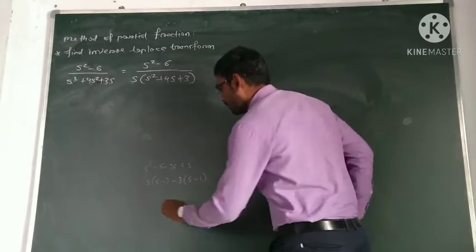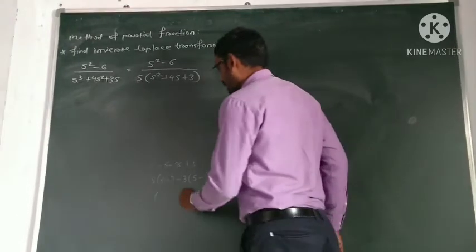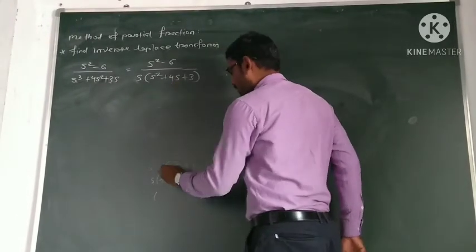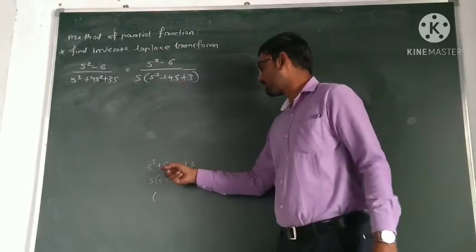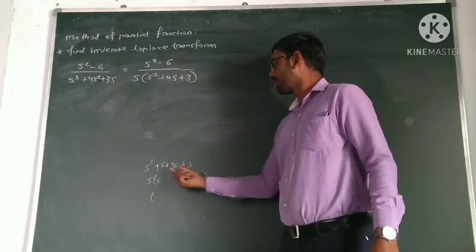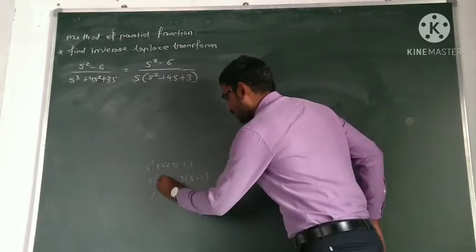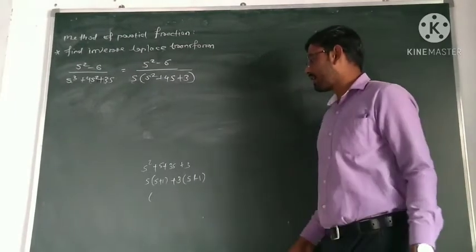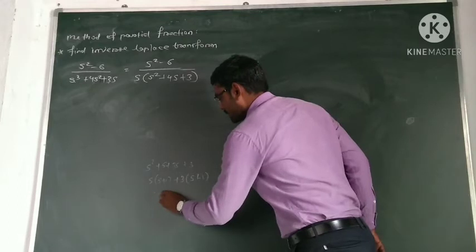Okay, this is equal to again, so now here plus 4. Okay, so we have to take addition also, because here is plus 4s, so s plus 3s is s square as it is, plus s plus 3s, that is 4s, as it is. Okay, so we can take one common. The factor s plus 1 is common and the other factor is s plus 3, so s plus 1 and s plus 3.